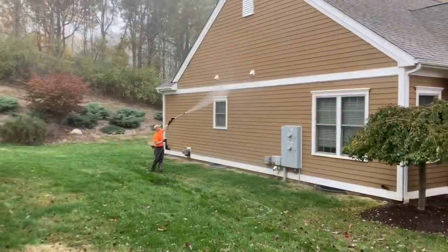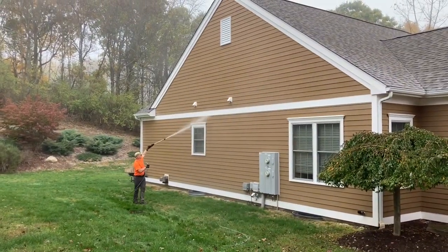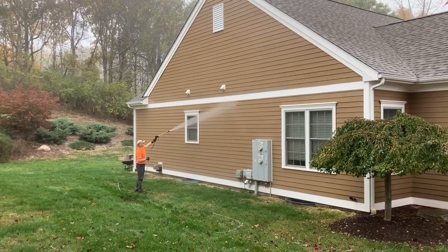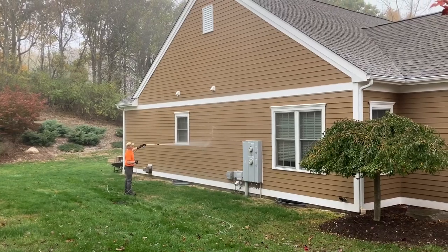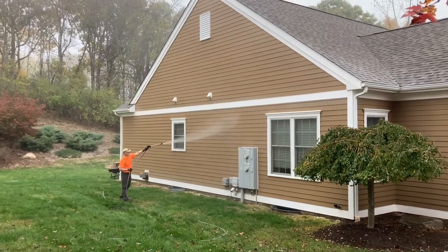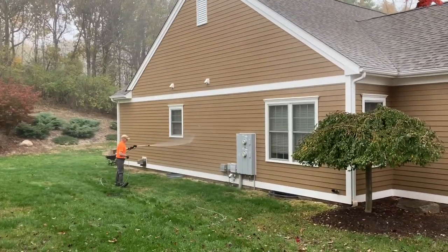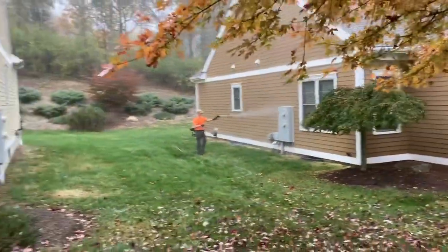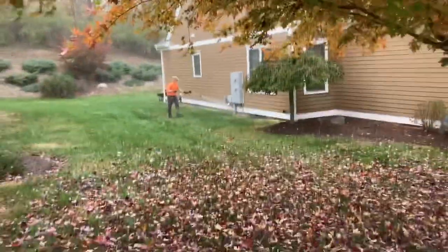All right, so we're moving along on this large project, Brooklyn Commons, Brooklyn, Connecticut. This is left side of first building. So this was an entire building, decks, gutter faces, basically entire house wash. From there, just to give you an idea of what this place looks like, we're going to be moving along and heading right up. Next unit here